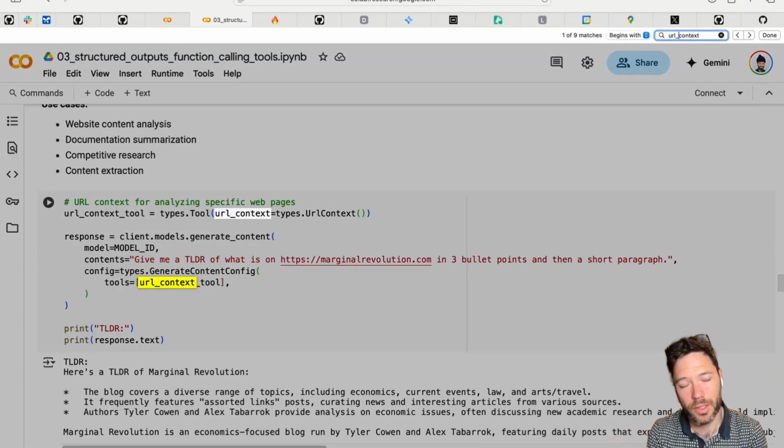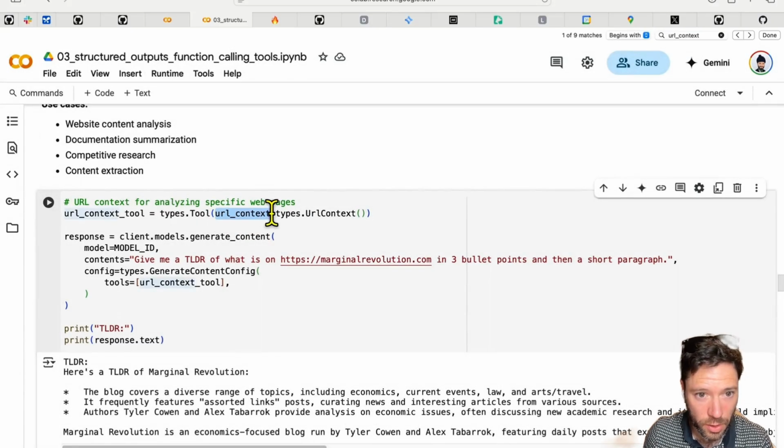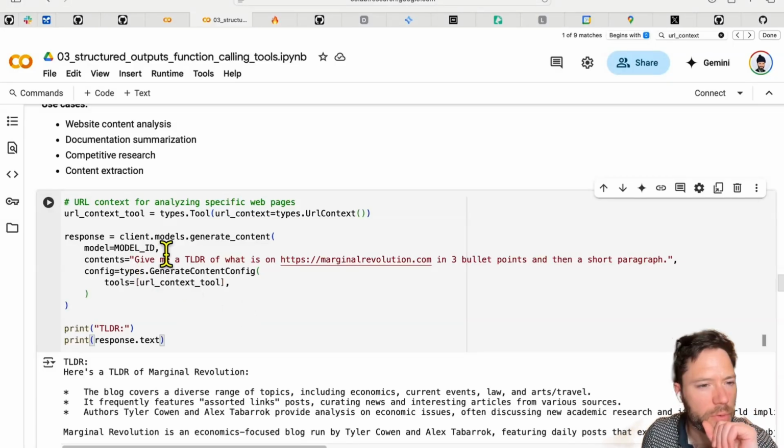pass this tool. It's called a native tool. What's a native tool? It's a tool that you can use with Gemini without defining it. You just provide the string description and Gemini uses the tool in the background. It currently doesn't even provide any traces that tool calls happened. It's like it kind of never happened, but you get back a response that includes steps in the background that use that tool. So the examples are, say, a Google search tool, but then this URL context tool. So literally we'll get information from that URL and then it will put that content into a search. So I'll just give you an example of how this works.